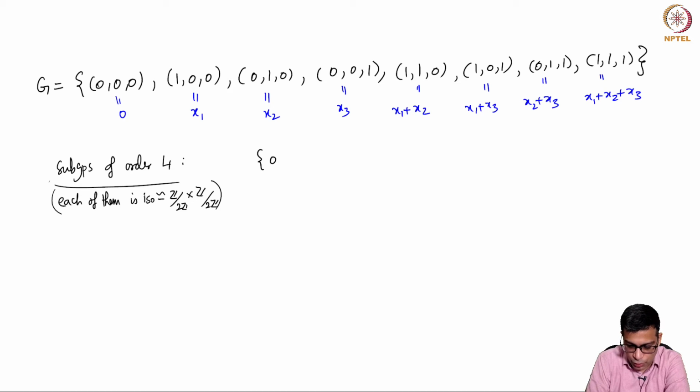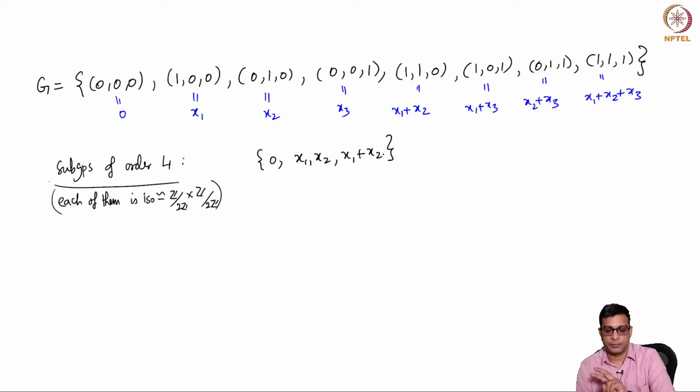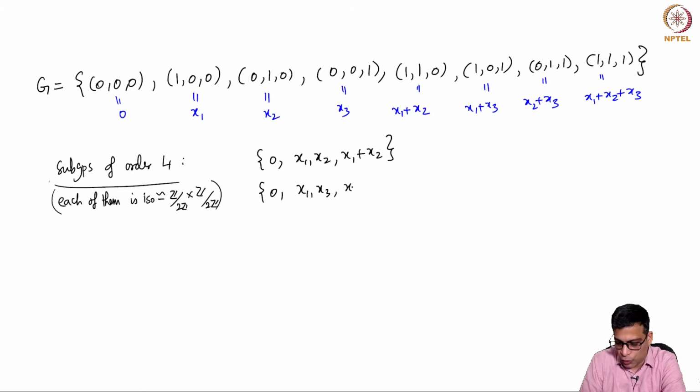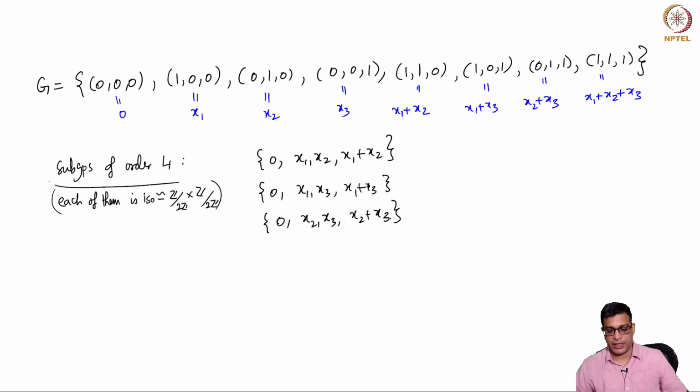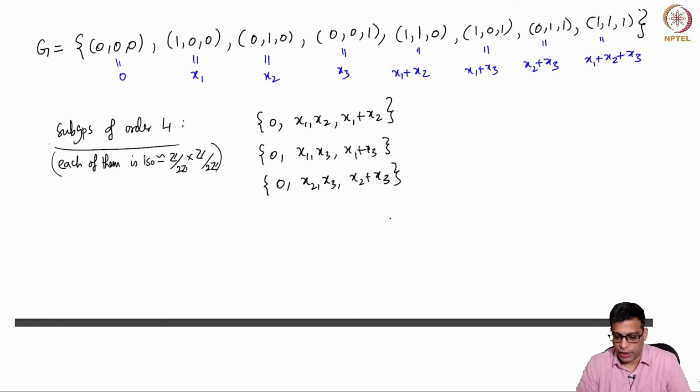So I am going to clearly list them. First you can take 0, x1, x2, x1 plus x2. So basically you take any 2 and their sum will be a valid group. Similarly you take x1, x3, you get x1 plus x3. So for some reason I have messed up the notation in my notes, but anyway, I am not going to do full details. So these are all distinct groups of order 4, right? But what else can we do?